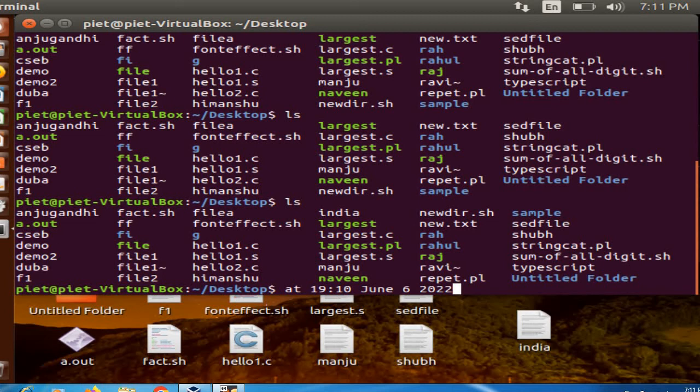Then you type the particular work or job you are assigning to the terminal at this particular time. Then you press Control D and we have the proper output of this command. For example, if you want to create a particular file or perform any other work after 1 year, it will be performed at the future date and time.